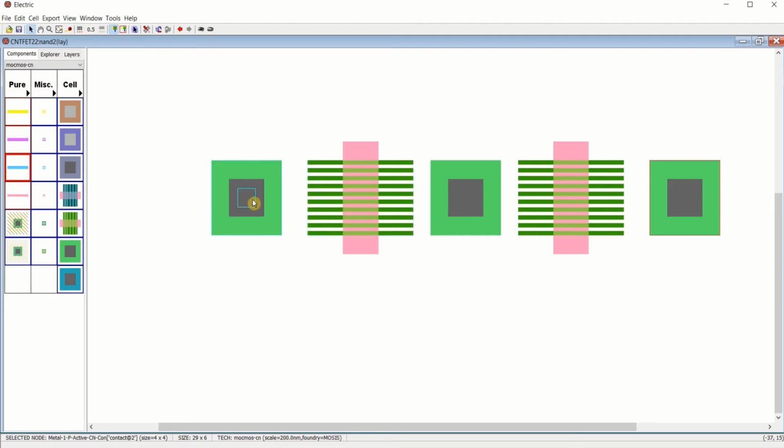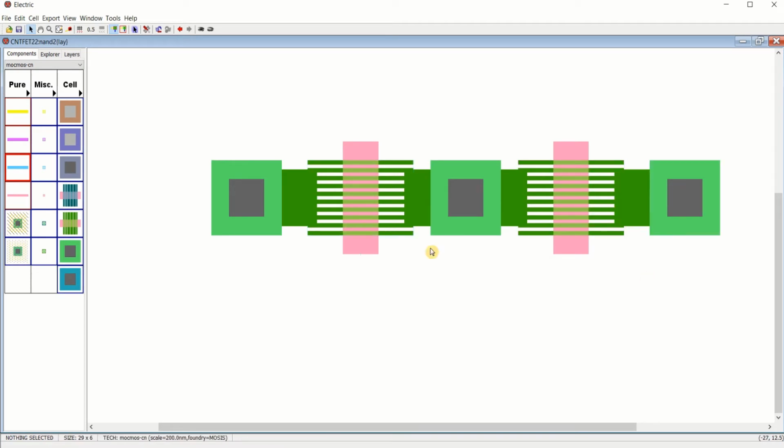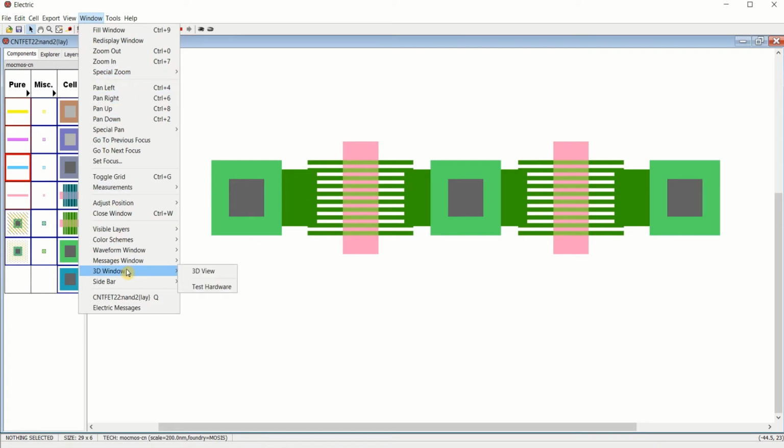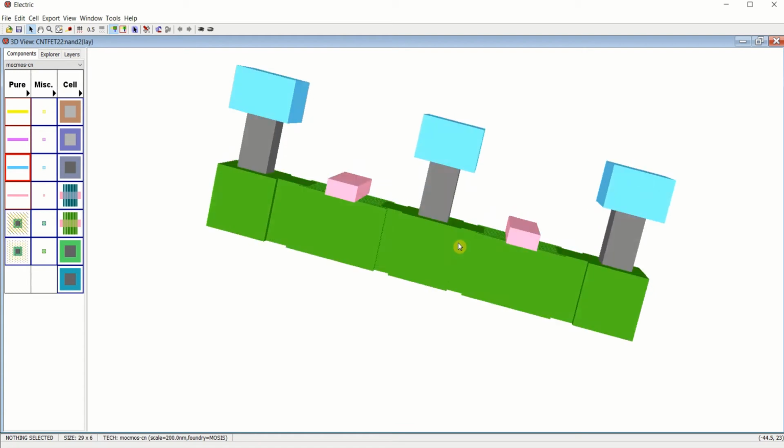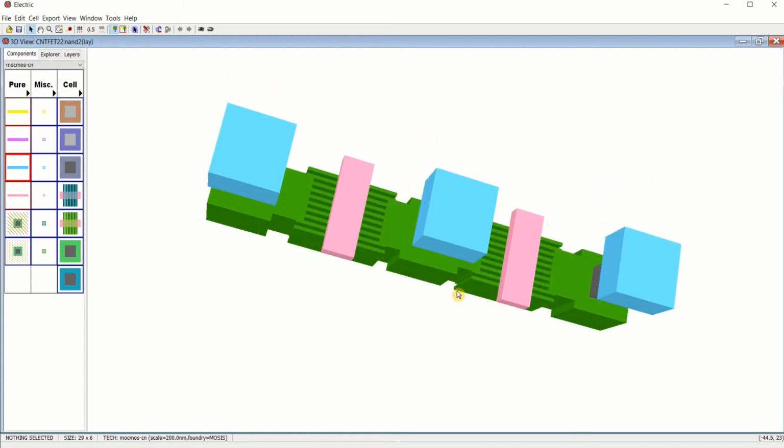Make the connection. Until they are connected, they cannot form the regions. Left click, right click. Left click, right click. Left click, right click. If you want to see the structure, go to the window, 3D view. So this is how the transistor is formed.